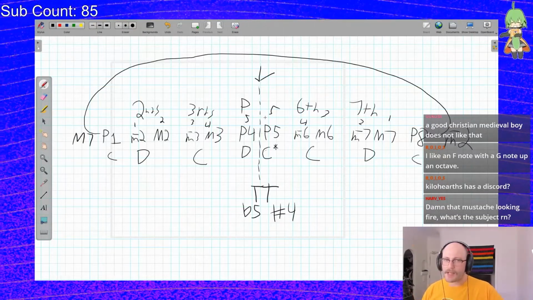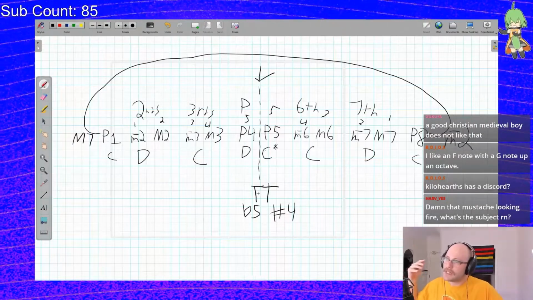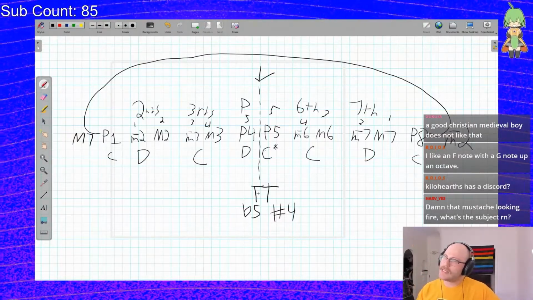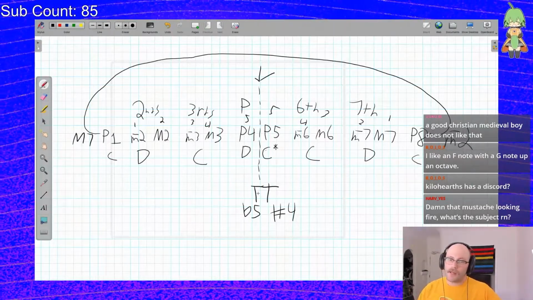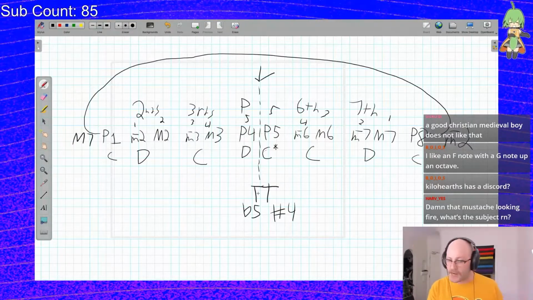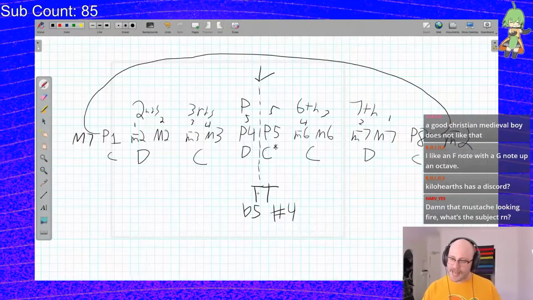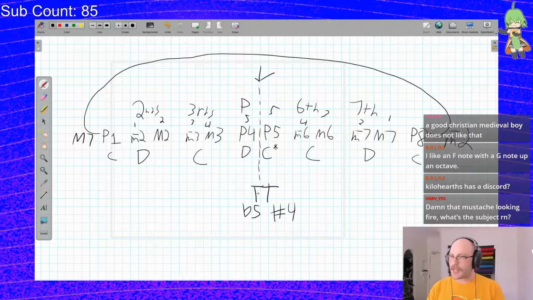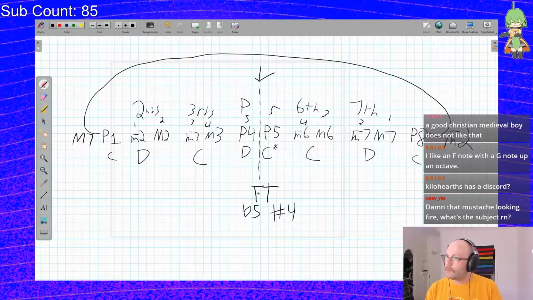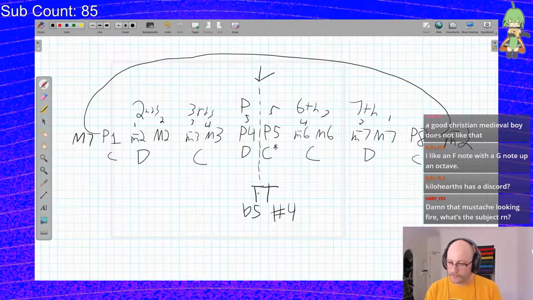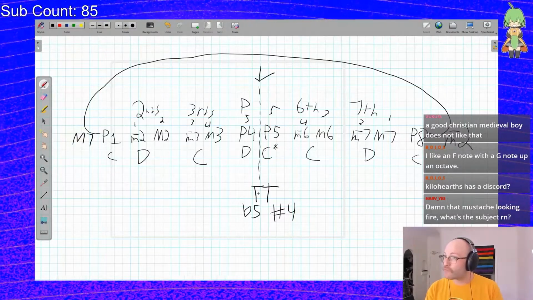The reason why you don't really see this referred to as a tritone is because a tritone is a conceptual thing. It only exists in the realm of theory. Everywhere else, if you're looking at a scale, like for example, C major, the only way to get to a tritone is to take either the perfect fifth and lower the fifth by 1, or take the fourth and raise that by 1.